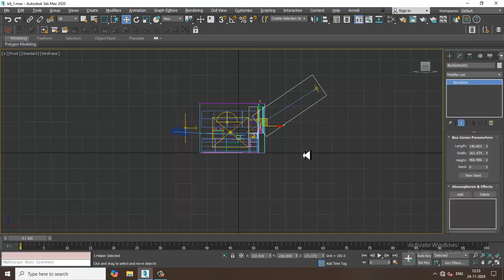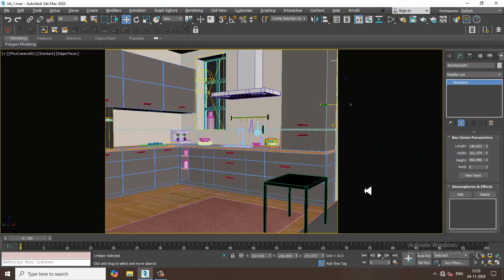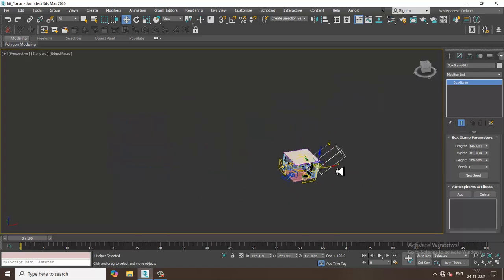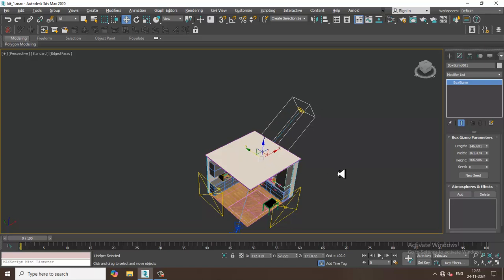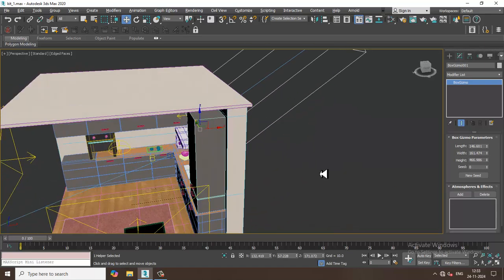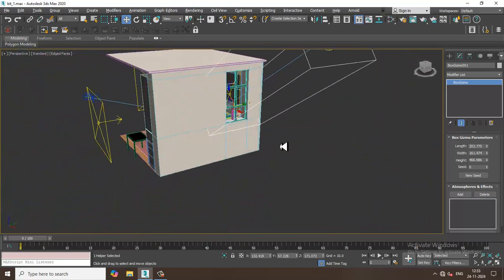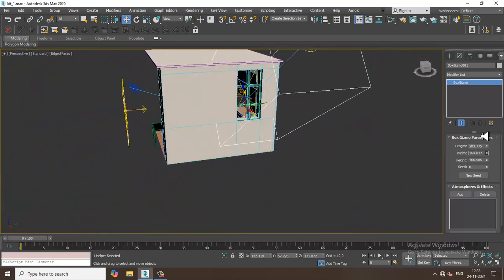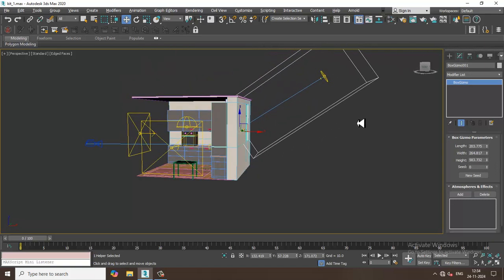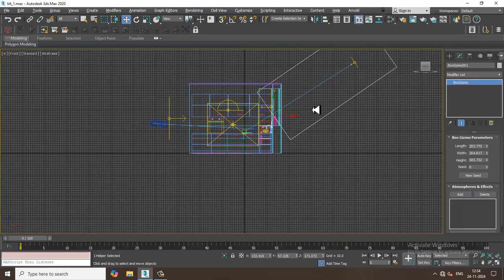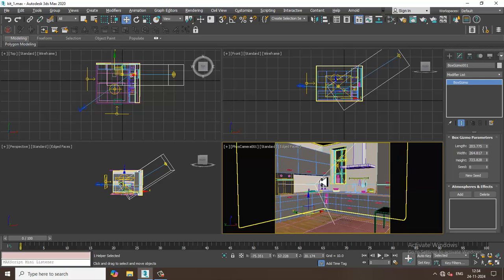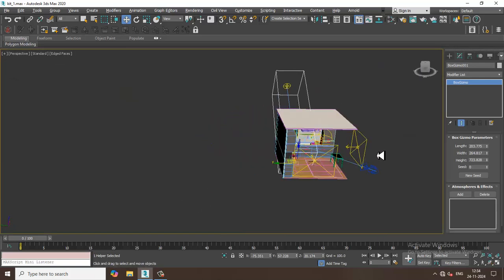Let's go into modify. Slightly push this till here. I can increase the length and width of it. So drag it a bit inside, push it inside. So once you're done,